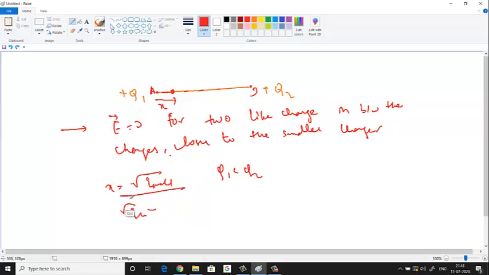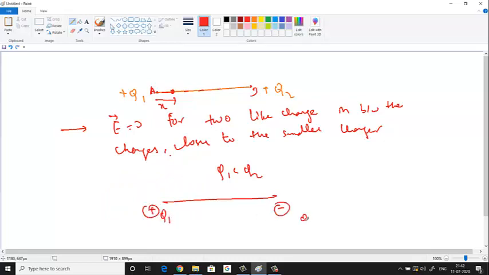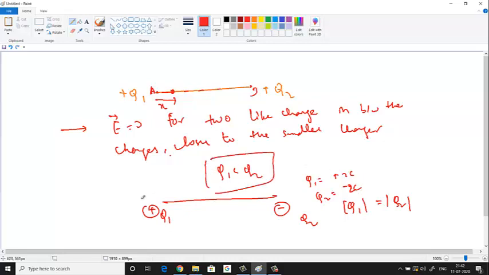And if we have opposite charges, plus and minus, say Q1, Q2, here also, I told you, if you have plus 2 coulombs and minus 2 coulombs, which charge is greater? Suppose Q1 is equal to plus 2, Q2 is equal to minus 2. Which charge is greater? Both are equal. Magnitude of Q1 is equal to magnitude of Q2. In numbers, both are equal. Strength, both are equal. What is different? One is negative, one is positive. Their nature is different. But otherwise, in magnitude, both are equal only. So this is the second case.